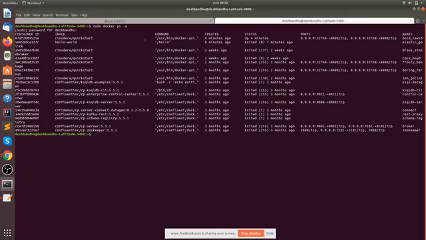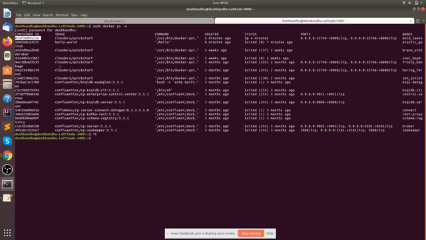If you can see this Cloudera Docker status up, it started 4 minutes back. And what is the container ID? The container ID is this. So this becomes your container ID. Now we need to inspect it. So first you copy this container ID,